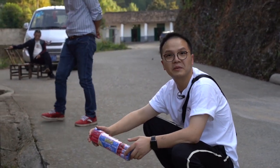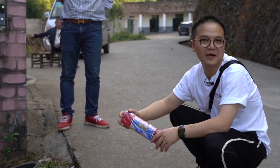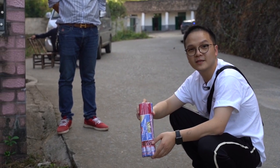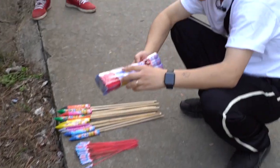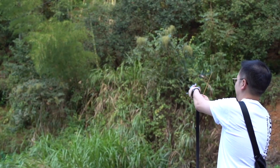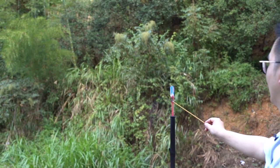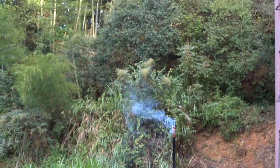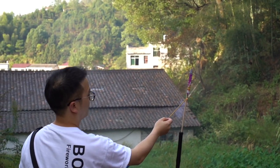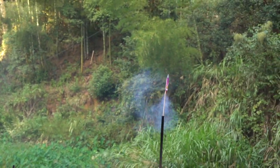This Moon Travelers, I really couldn't remember when I shot it last time. It might be like, maybe 20 or 30 years ago. No, 25 years ago. So I hope you guys will still love this item and keep this item in your collection, okay? Oh, having fun with it. 可以啊。